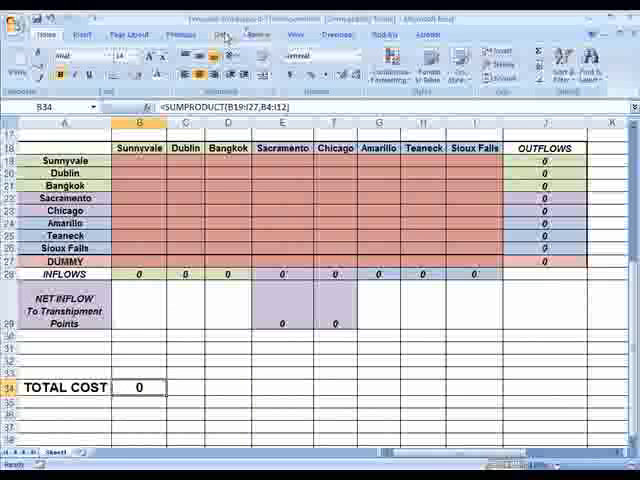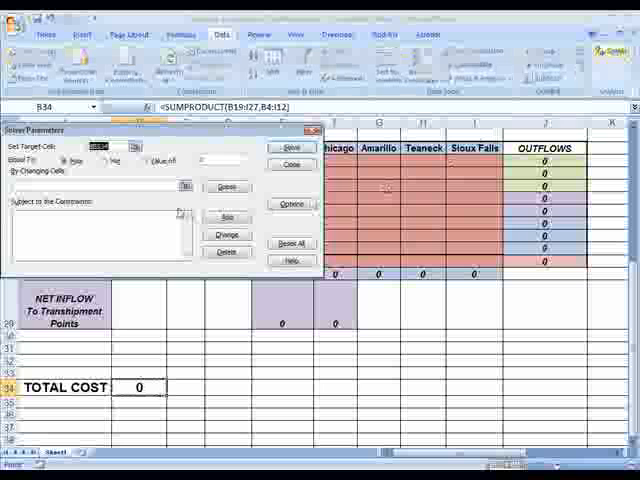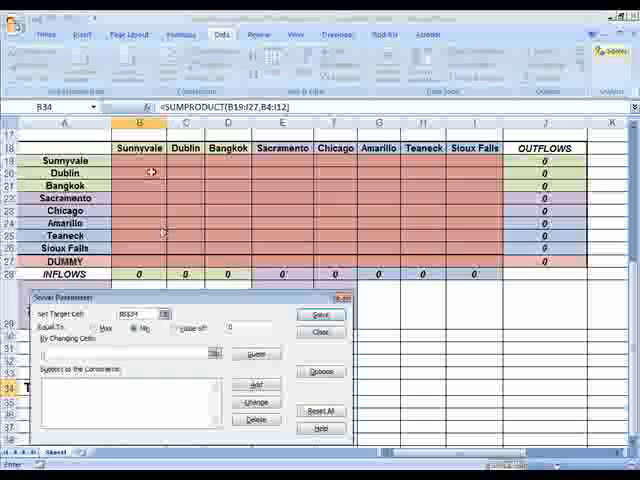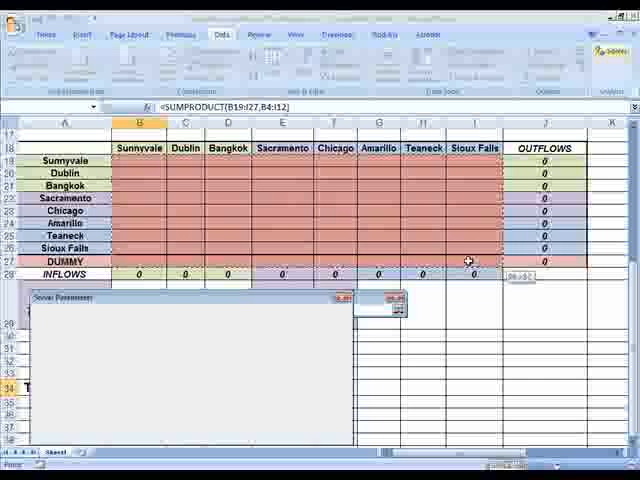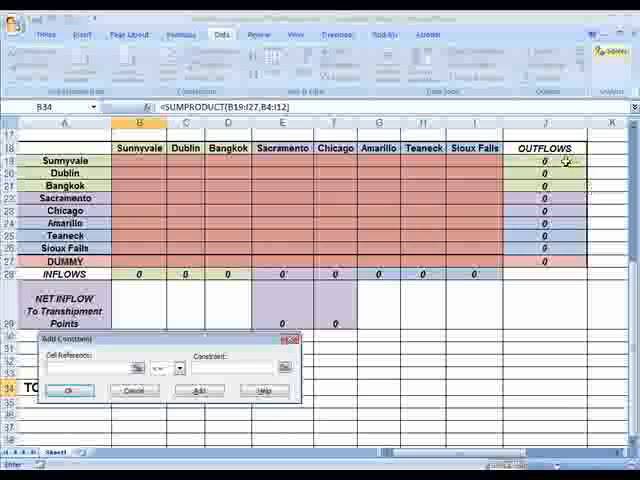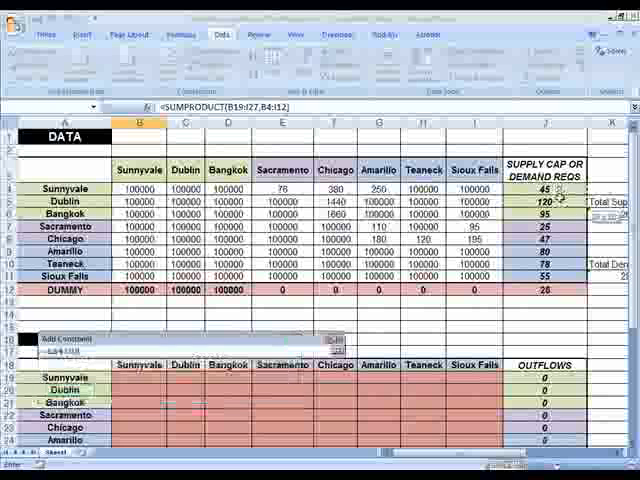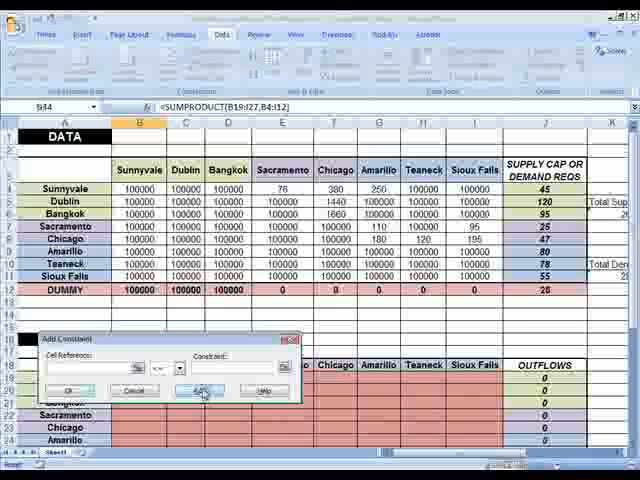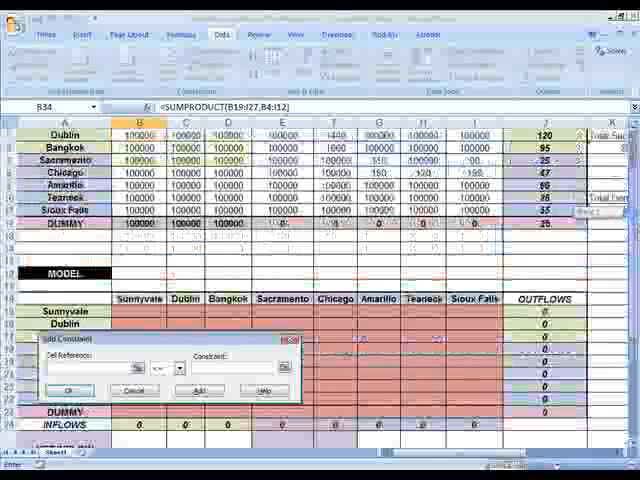Okay, so let's go into Solver and work with this. This is the cell that we're trying to minimize. My changing cells are B's. I'm going to add my constraints. First of all, my supply outflows need to be less than or equal to my supply capacities. Add that one. Secondly, my